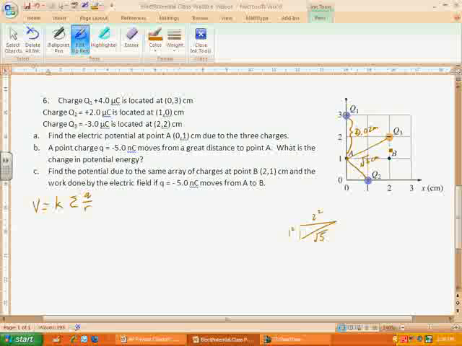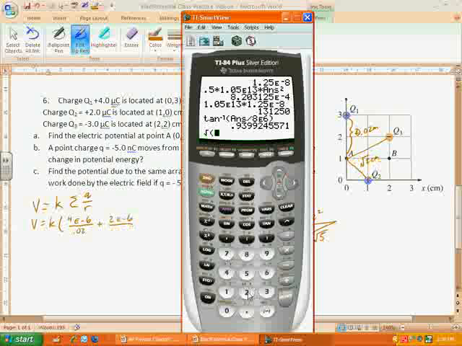So we'll say voltage equals K times, now Q1 is 4 times 10 to the negative 6. That's what the micro is, negative 6, divided by the distance, which is 0.02. All right, now that's a positive. Okay, and then we'll say plus, now Q2 is also positive, so that'll be 2 times 10 to the negative 6, divided by its distance, which was root 2 centimeters. Now the square root of 2 is 1.41, so we'll say